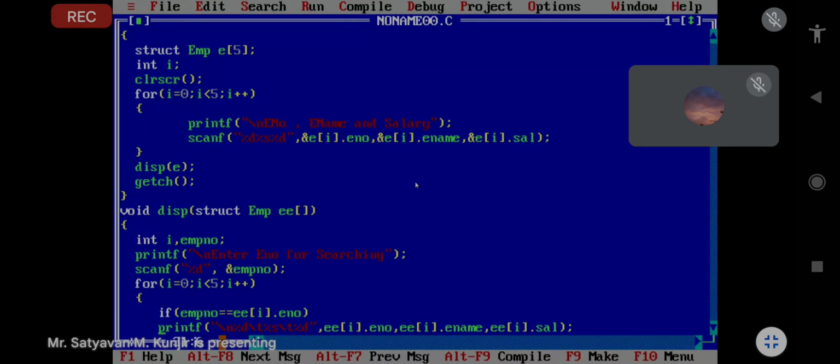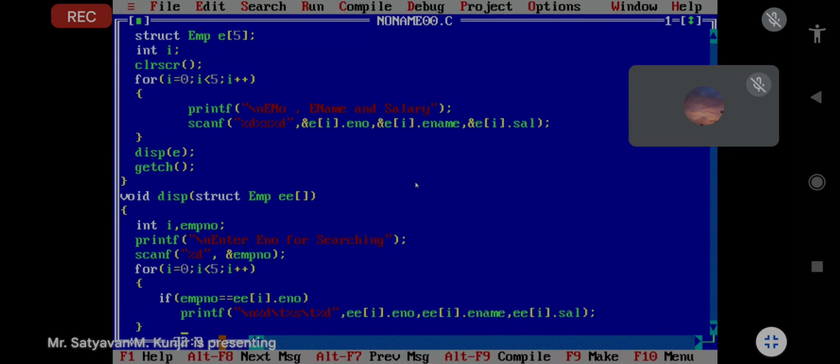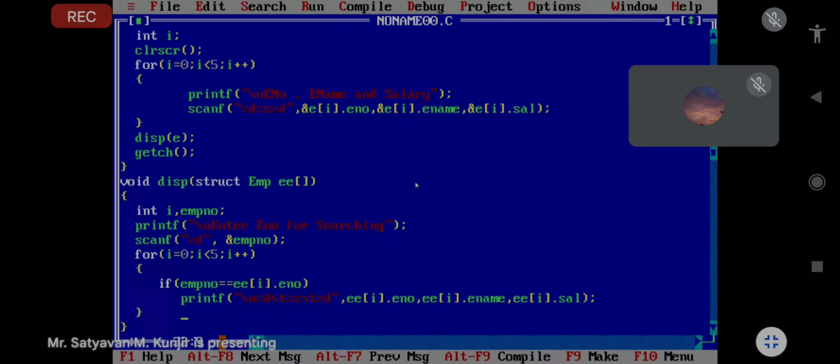If this condition is true, then display the details of that employee. Otherwise, no. Then we can compile the application and we can execute the application.